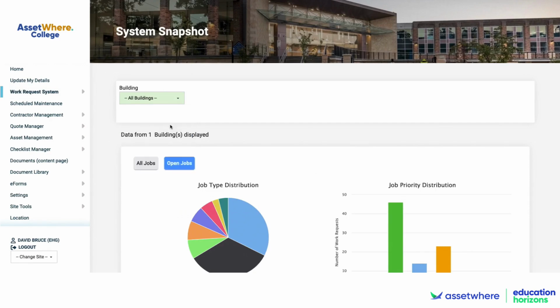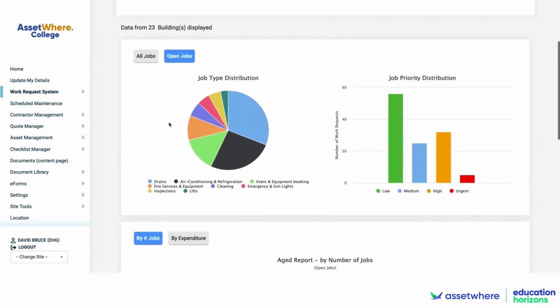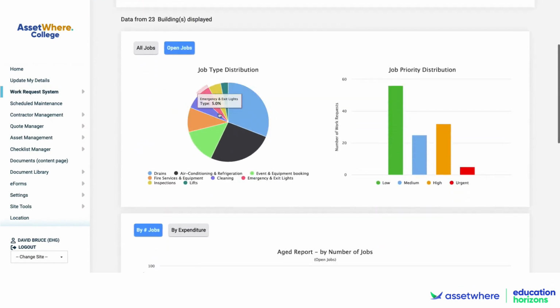And if I select all buildings here, instantly I get an overview of the job distribution. You can see the legend down here, so a quick snapshot. I also get to see the job priority distribution and see that there actually are 5 jobs currently that are